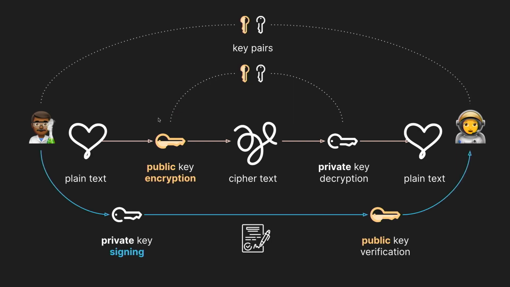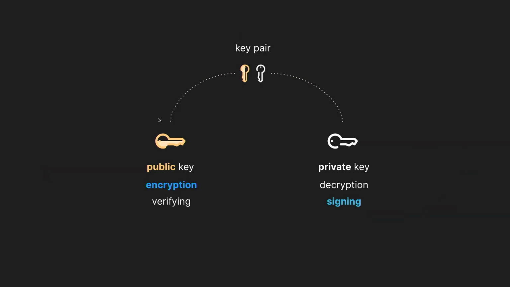Now, I did say that Alice's public key is not a secret, so anyone can use it. So someone other than Bob can use it to send encrypted messages to Alice. Now, if Bob wants Alice to be able to verify that the messages come from him, he needs his own key pair. And he can use his private key to sign his messages, and Alice, or anyone with Bob's public key, can then verify that the message they're reading has indeed come from Bob and is exactly as it was when Bob signed it.